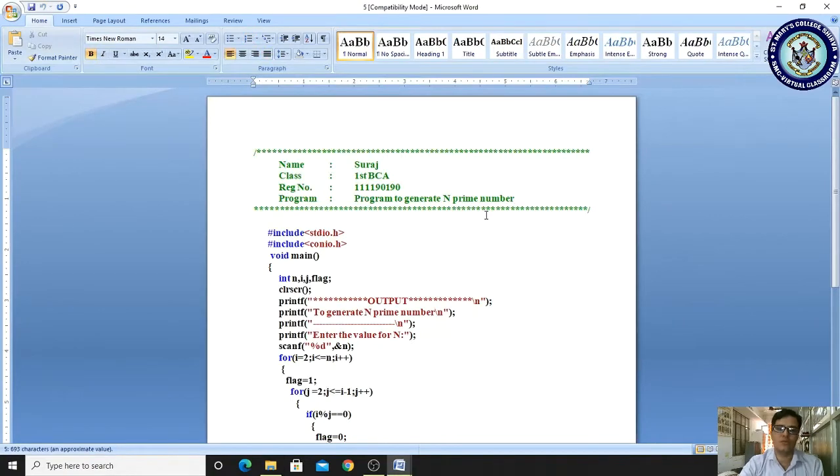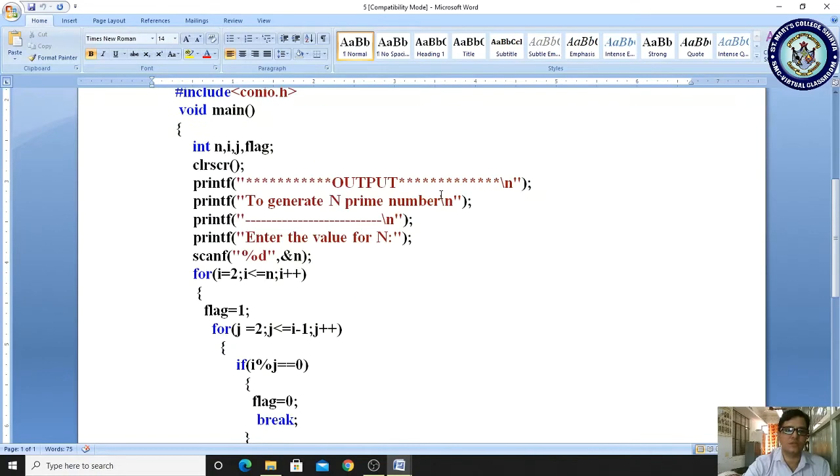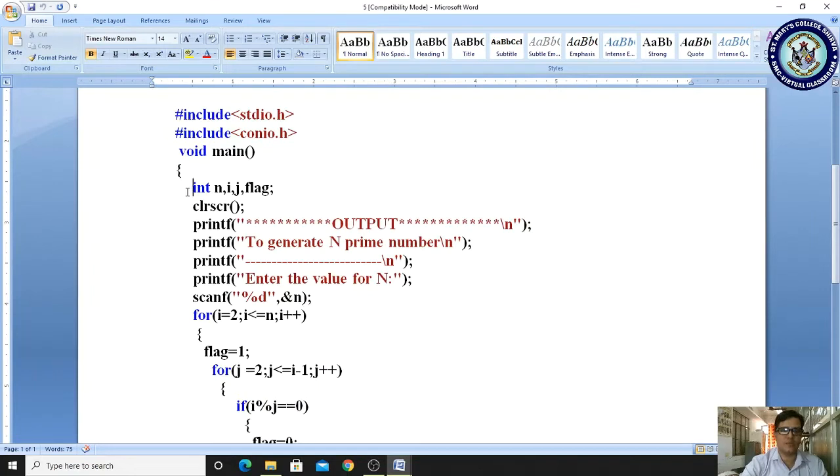Okay, so let us see this program carefully. Hash include, these are the header files. Hash include stdio.h, hash include conio.h, as well as the void main function. Your C program starts from the void main function, and now we are declaring variables: int n, i, j, flag. If I am taking n, it means we have to enter the n number. If i and j are there, it compulsorily has nested looping statements, and here one temporary variable we are defining is a flag.